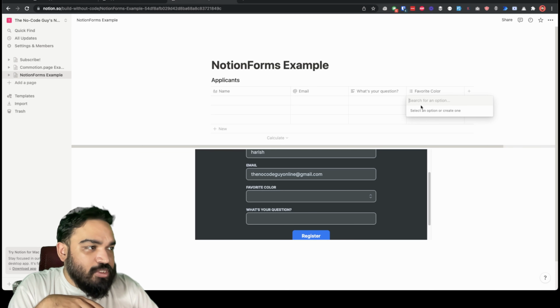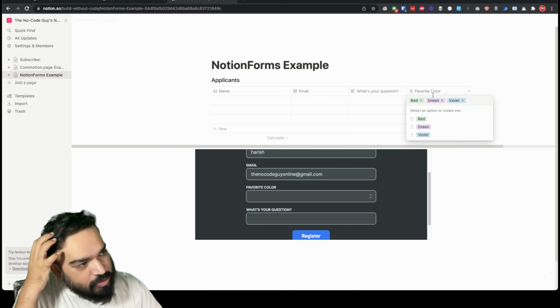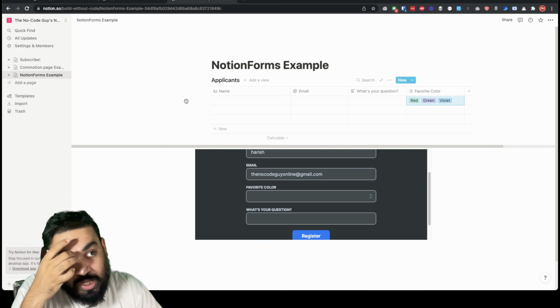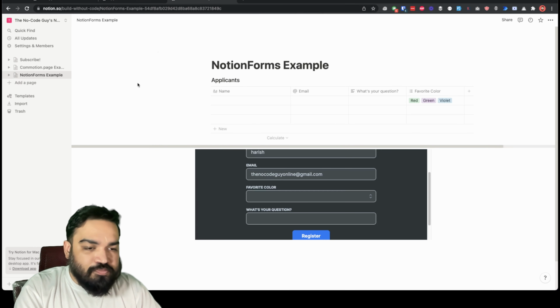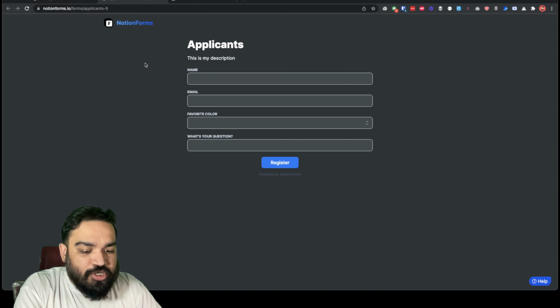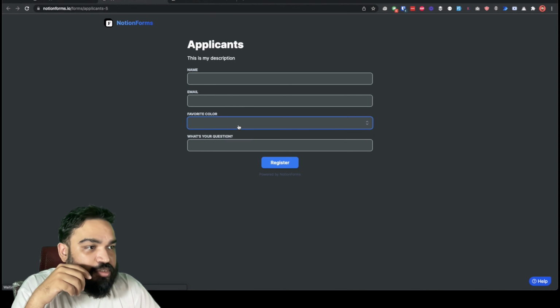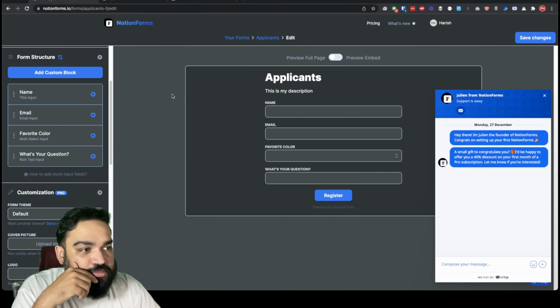So what I'm going to do is here have red, green, violet as 3 options. Now let's see what happens when we refresh this page. When you also refresh the application itself, it should ideally update, because now we have updated the database. Oh, it doesn't update.